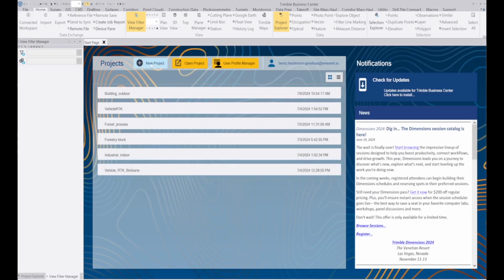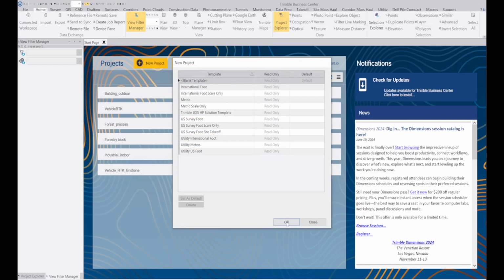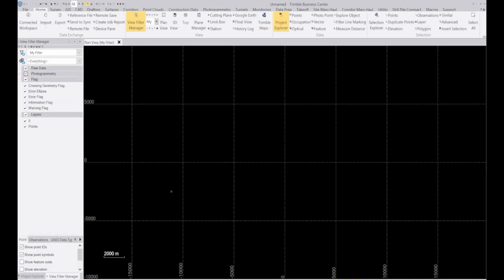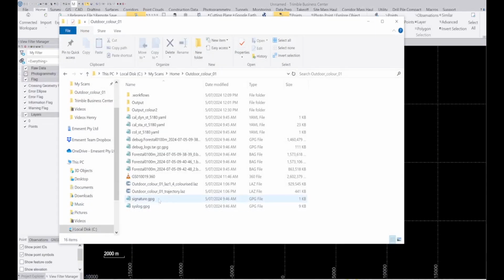Okay, so here we are in Trimble Business Center, and we're going to create a new project and import a data set that was captured using the HoverMap as a handheld unit. So what I'm going to do is just drag in the colorized LAS file that's been created in Aura,